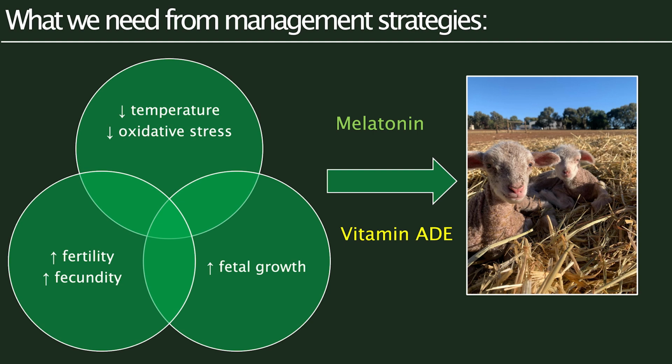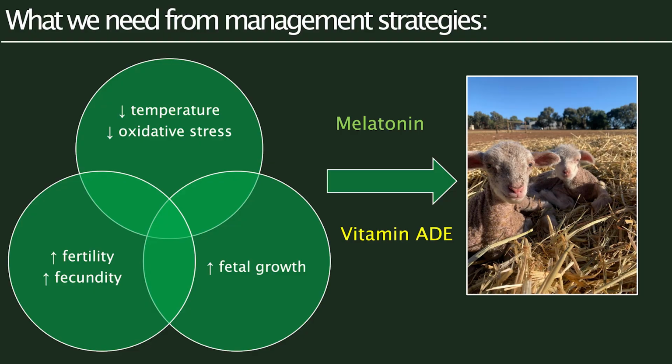So in no particular order, it is important that we can reduce the impact of heat on the animal. So if we can reduce the oxidative stress, the stress on the animal, if we can work to reduce their core temperature so they can cope with the heat better. And again, we need supplements that, regardless of temperature, increase fertility of the animal and increase their fecundity. And alongside of that, we need supplements or strategies which improve fetal growth, so improve nutrient supply, blood supply to the conceptus and the fetus, resulting in bigger fetuses and hopefully more fetuses,